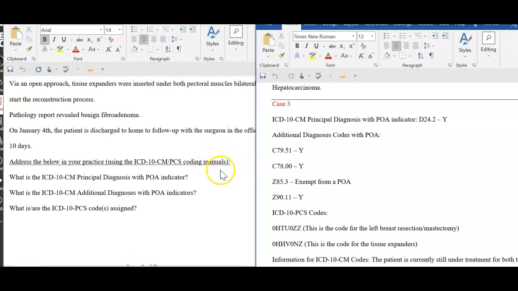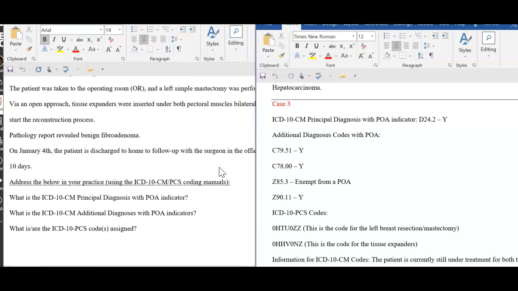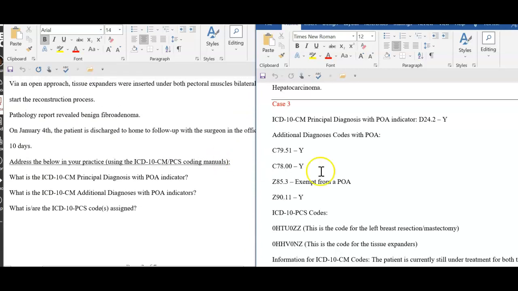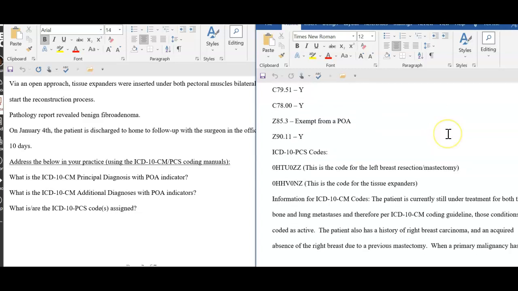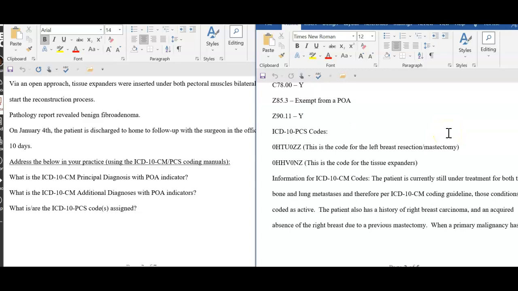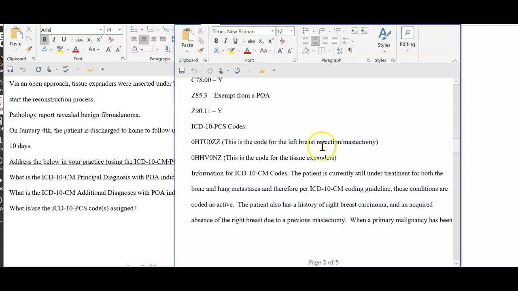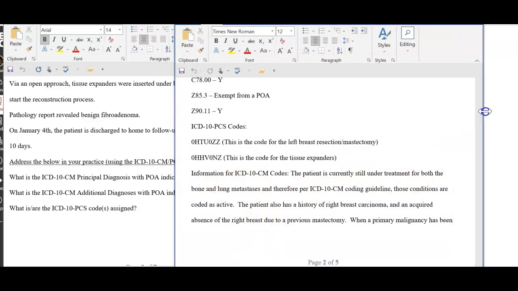All right, so here we have case number 3, and let me get here. With this one, we're just doing the POAs. As you can see here, C79.51 is going to be secondary. We have our D24.2 as our principal diagnosis. So let's look at what it's telling us. For information for ICD-10, the patient is still under treatment for both the bone and lung metastasis. So at this point, they're active. The patient has a history of right breast carcinoma, an acquired absence of the right breast due to a previous